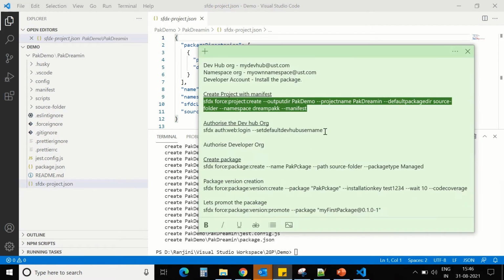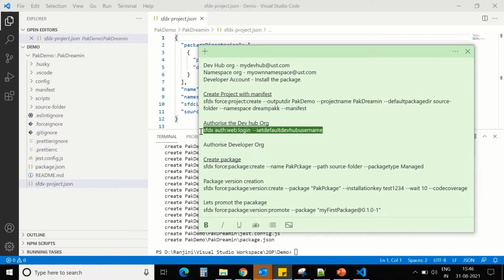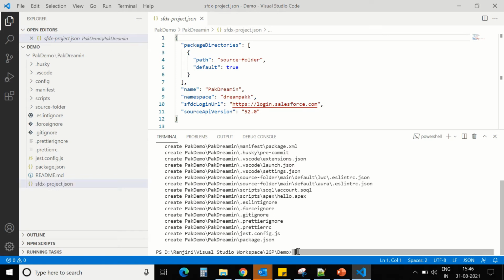Now let's authorize the DevHub. This is a command to authorize the DevHub. Use this set default DevHub username option only when you are authorizing a DevHub.